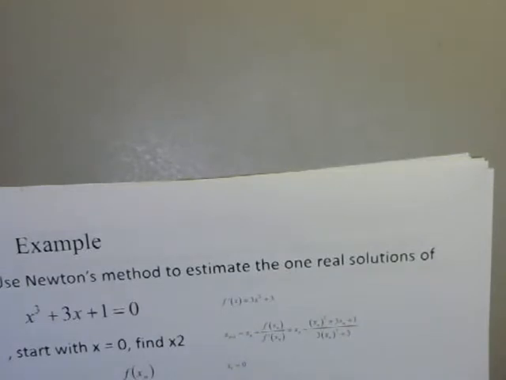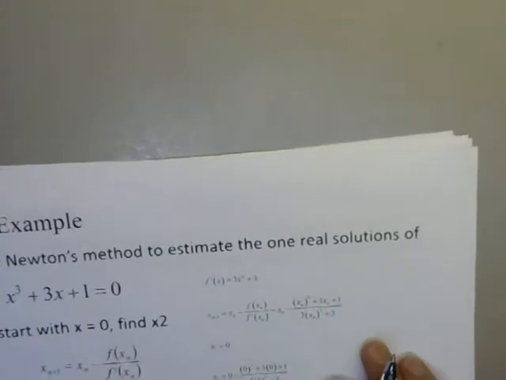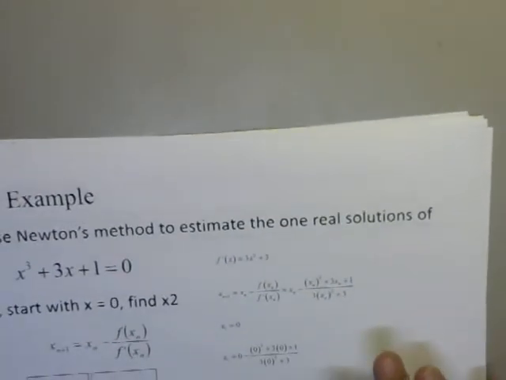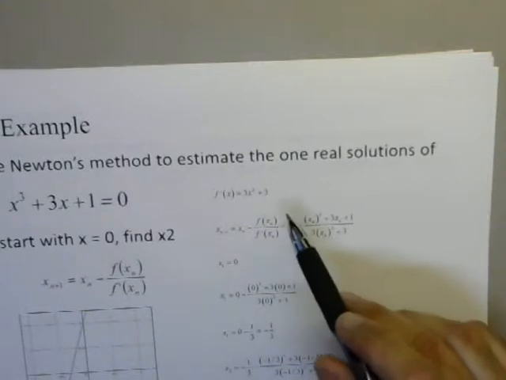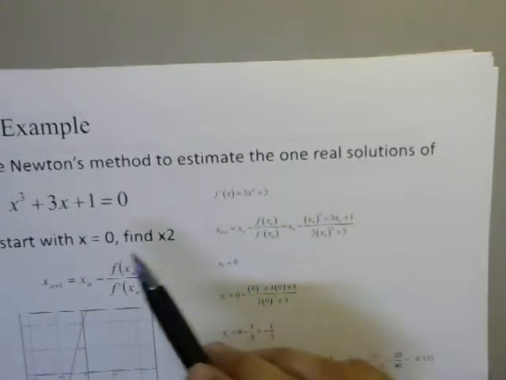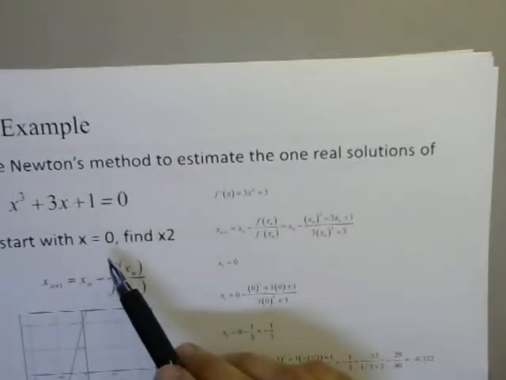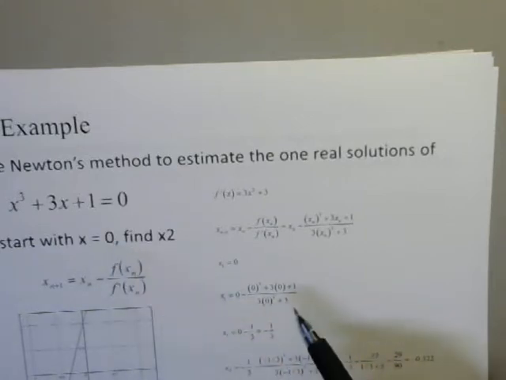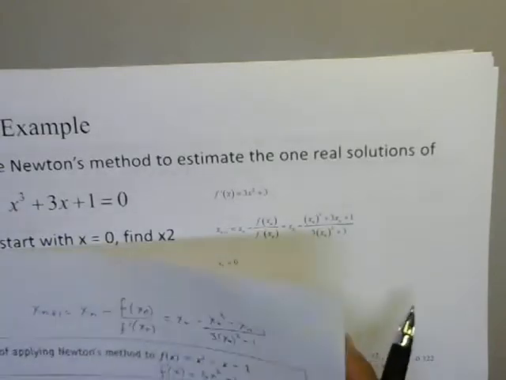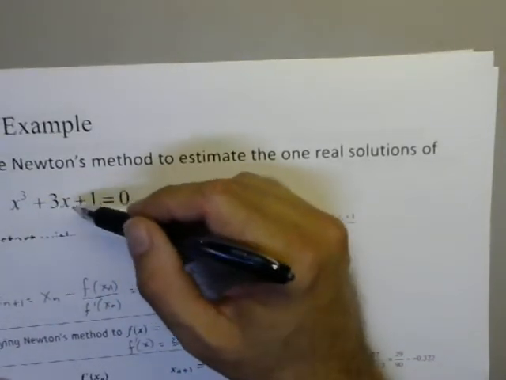So let's do an example. Well, actually, let me talk through the rest of this example with the calculations. So again, you'd start out with, well, I guess this is a little bit different. Here we're starting out with x sub 0 is equal to 0, not 1. But again, you should get closer and closer to the answer. And I guess this is a slightly different equation. Sorry, I thought these were both minuses,